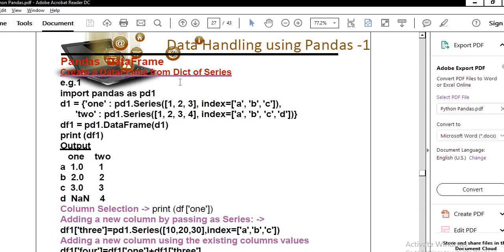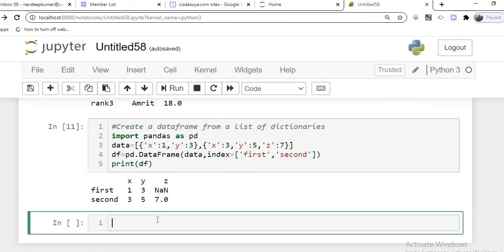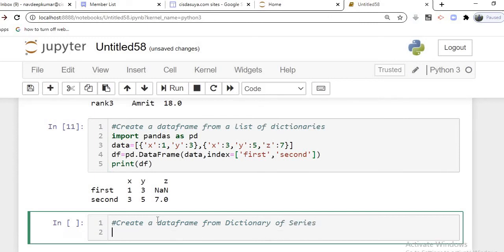So create a data frame from a dictionary of series. Dictionary containing two series.